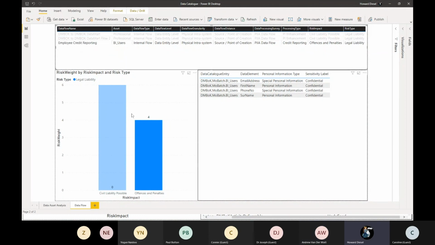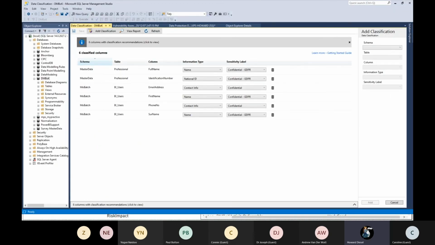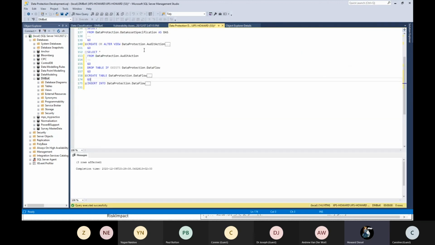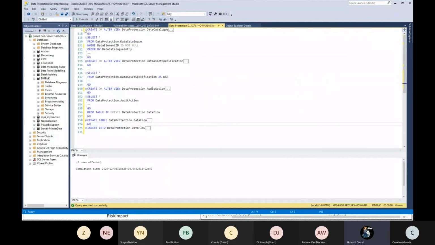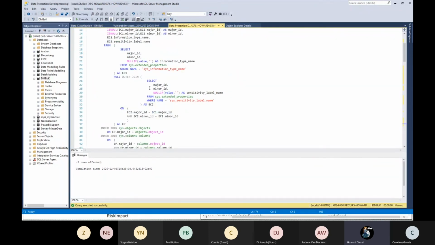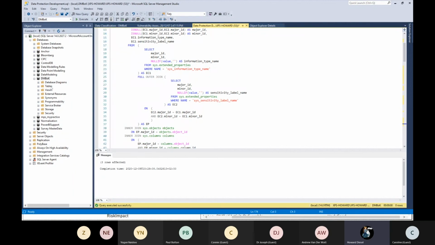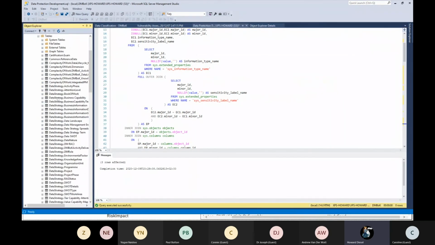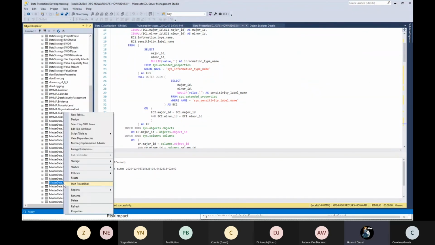Thank you. So I mean, it's now just to give you some understanding of what it looks like in the background. Once I've done this classification that Jürgen shared with Oracle, and I was able to declare it, I'm then able to write almost simple SQL queries that allow me to go and look at all of these fields. What it does do is it actually adds extended properties to your tables. So if I look at where's my professional, if I look at my data management professional, and I go and do a properties on that,